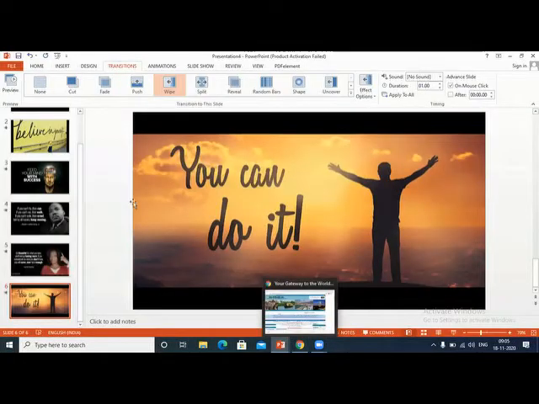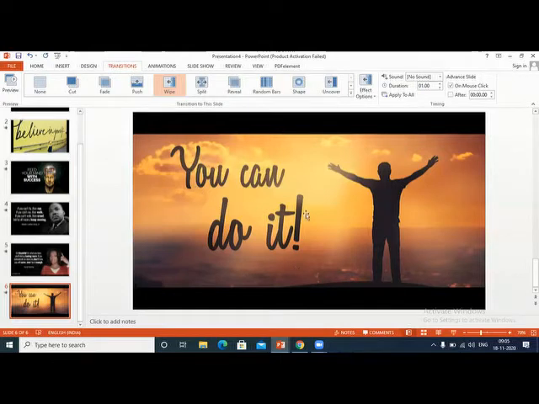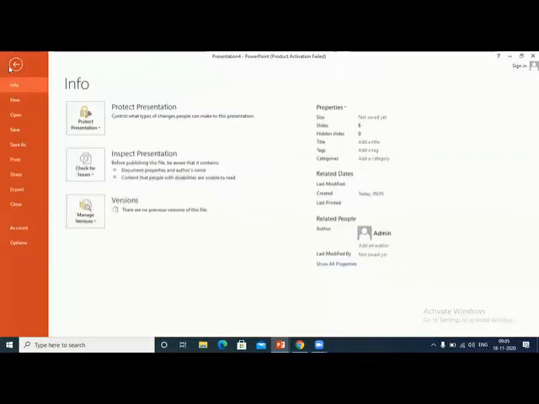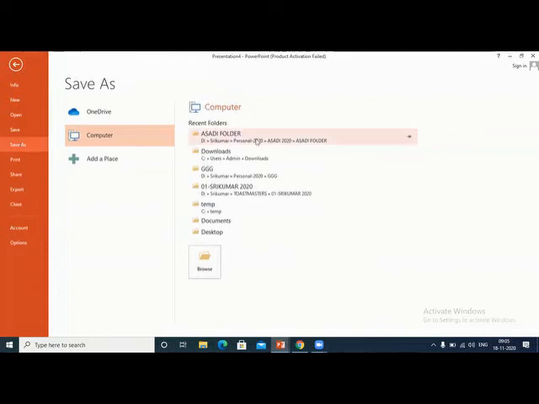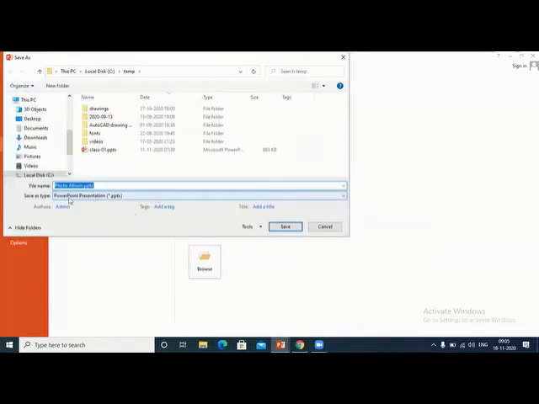Once you have finished the photo album, suppose you want to send this photo album to someone else. It is not necessary that you send the PowerPoint file. You can send it in presentation mode. Save. Here, in the Save as type, the default is usually PowerPoint Presentation.